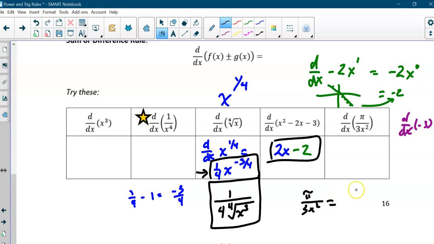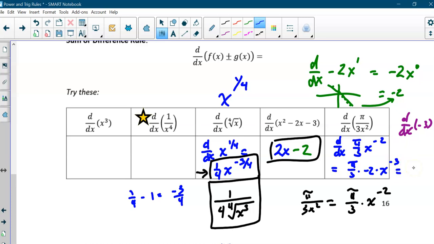So for instance, for this one, I see this one as pi over 3 times x to the negative 2. Way better to take the derivative of. So now, I do d dx. Remember, d dx means take the derivative of. I'm doing d dx of pi over 3 x to the negative 2. That's a power rule. Pi over 3 is just a coefficient. So this is equal to pi over 3 times negative 2 times x to the negative 2 minus 1, which is negative 3. Final answer here, I get negative 2 pi